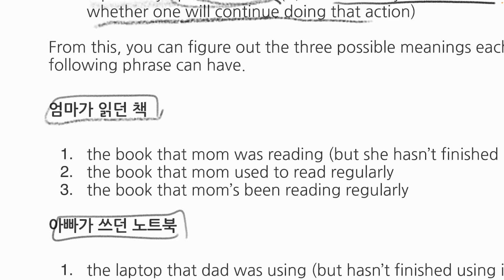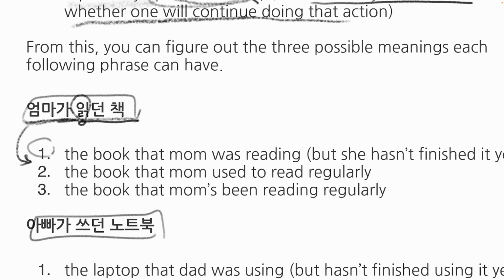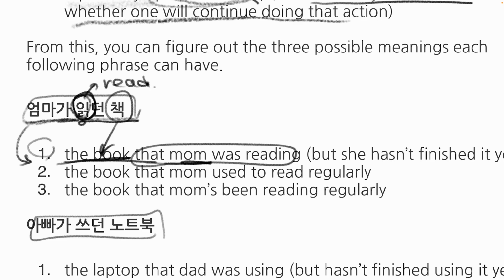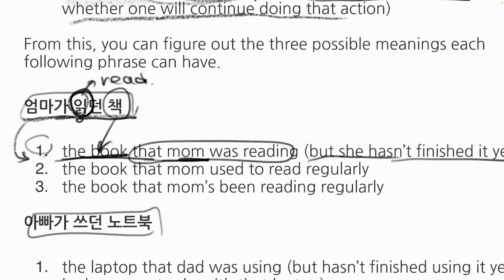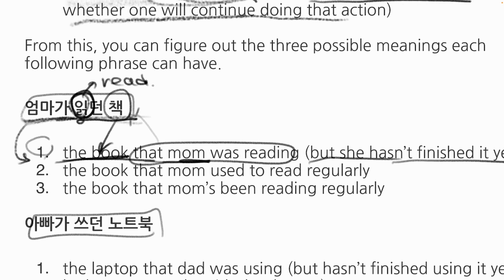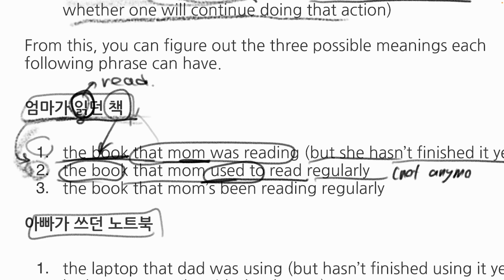The 3 meanings that 엄마가 읽던 책 can have would be, first, the book. 책 means book, right? The book that mom, 읽다 means read, right? So it could be the book that mom was reading, meaning she hasn't finished it yet. There's still more pages left to be read in that book, right? 엄마가 읽던 책. And the second meaning is the book that mom used to read regularly, but not anymore, right? But maybe when she was younger, this is the book that she used to read regularly, then you can use